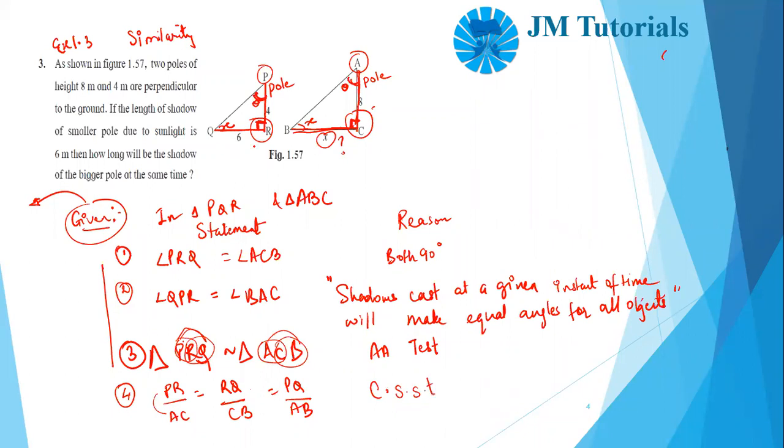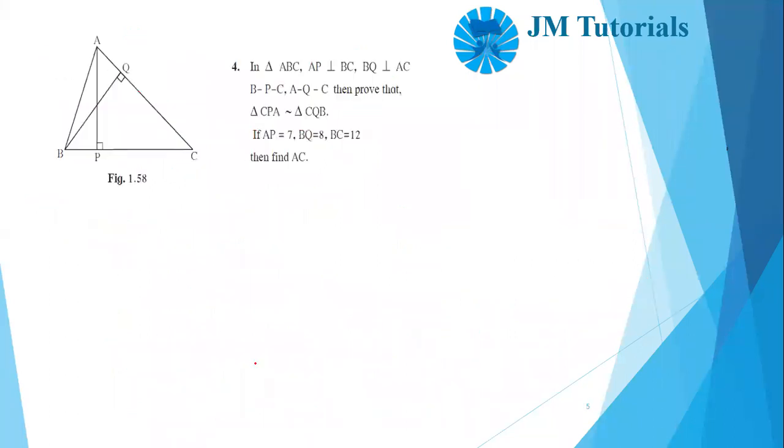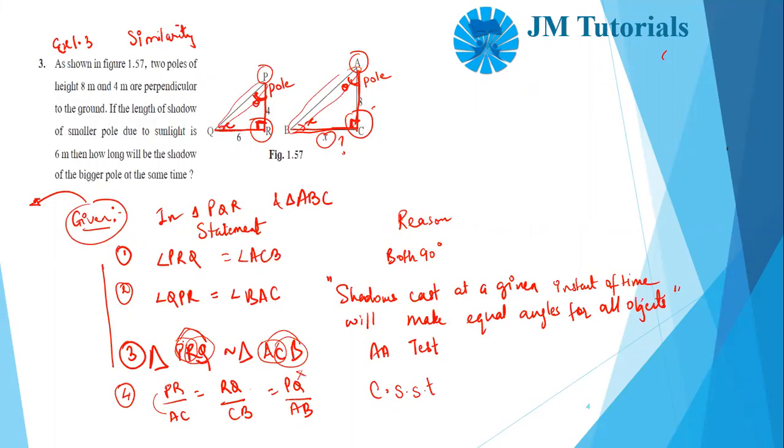Okay. Now see, I don't know the length of PQ and I don't know the length of AB. So PQ and AB are not of any use to me. That means what is of use to me is this. PQ and AB is not of any use because neither do I know PQ nor do I know AB. Okay, now PR. How much is PR?